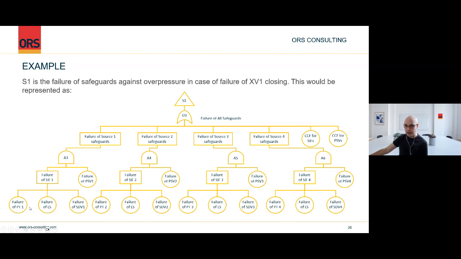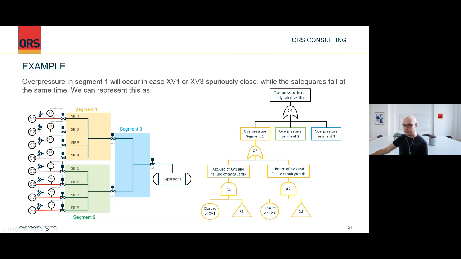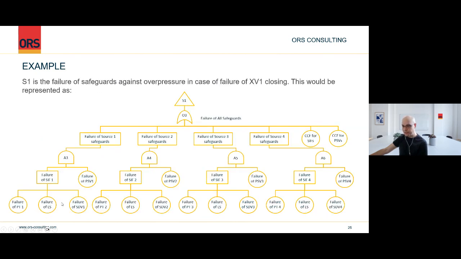It's going to be the failure of the PT, and this should be an OR gate here, or the failure of the logic solver, or the failure of the shutdown valve, right? So this is a pressure transmitter, a logic solver, a shutdown valve. If any of those elements fail, the safety instrumented function fails, right? So an OR gate here, this fails, and if this fails and the PSV fails,